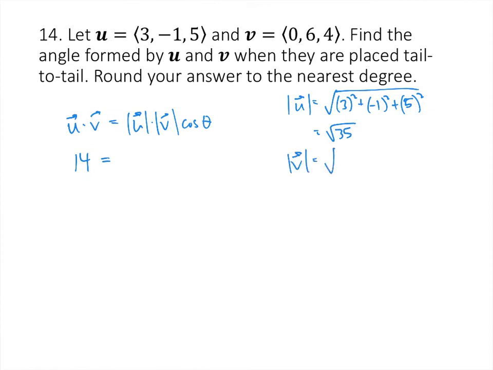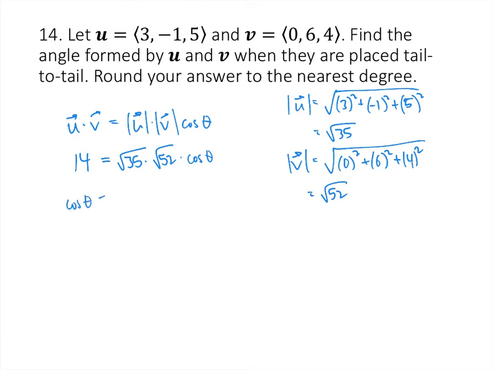Magnitude of v is the square root of 0 squared plus 6 squared plus 4 squared. That works out to be the square root of 52. So this is the square root of 35 times the square root of 52 times the cosine of theta. Using our calculator, we divide both sides by the square root of 35 and the square root of 52, and we get that the cosine of theta is 0.328165. Taking the inverse cosine of both sides gives us that theta is the inverse cosine of 0.328165, and that gets us